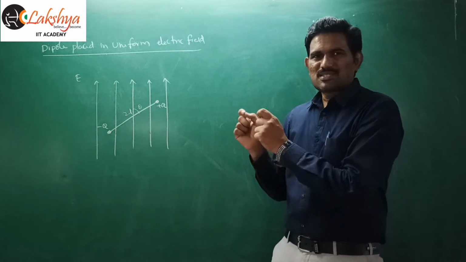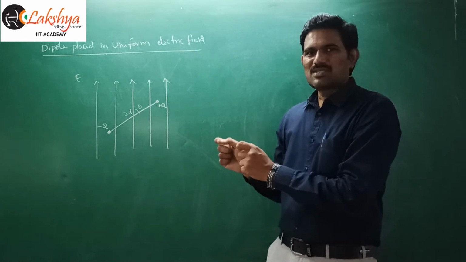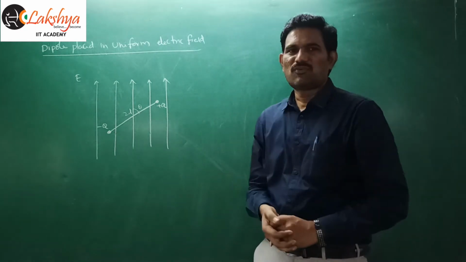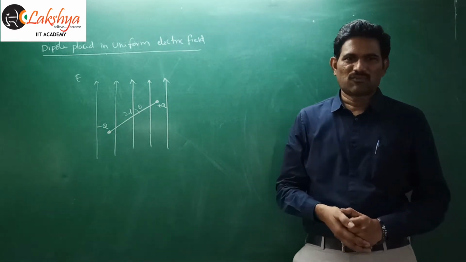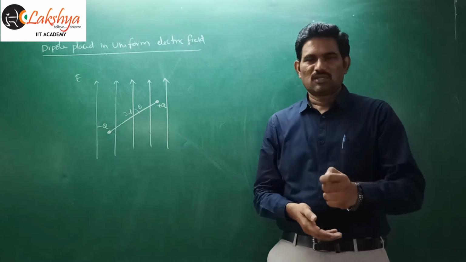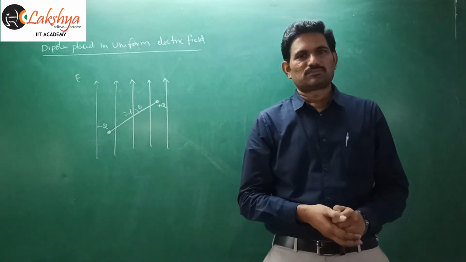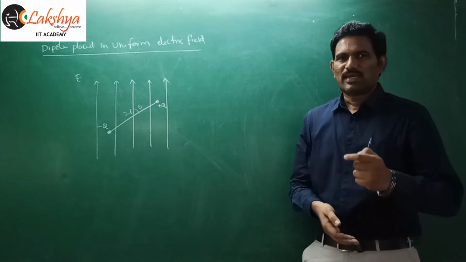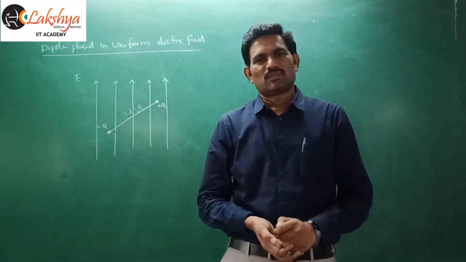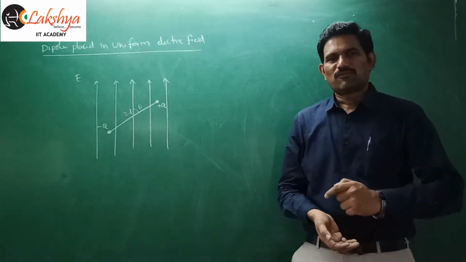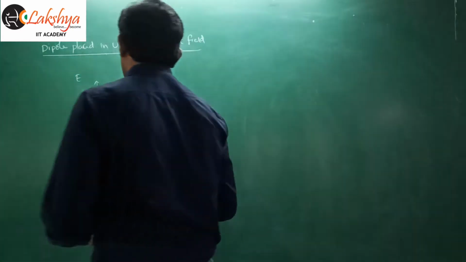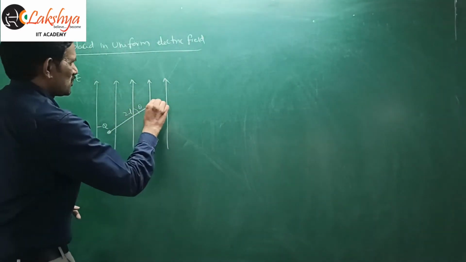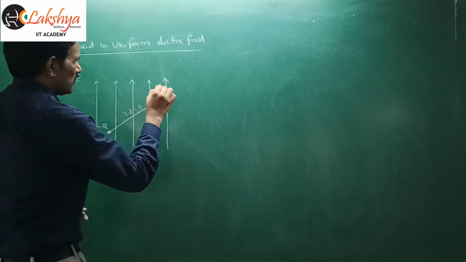Positive charge, that means it is a point charge. A point charge is placed in a uniform electric field. So whenever a charge is placed in a uniform electric field, we know that there will be some force acting on it, and that force is in the direction of the electric field if the charge is positive. If it is a negative charge, then the force will be opposite to the direction of the electric field. So here it is a positive charge, so the force acting on it will be in the direction of the electric field,